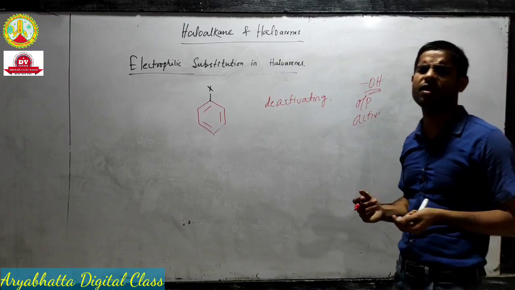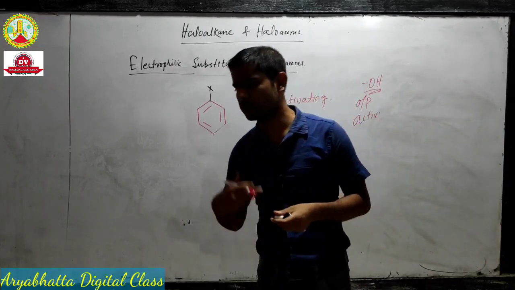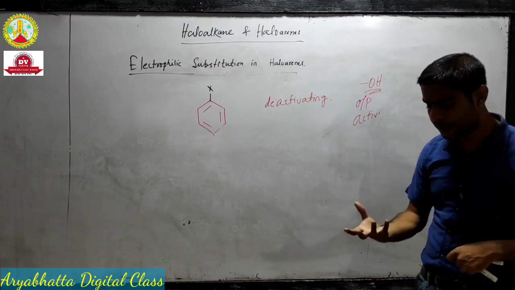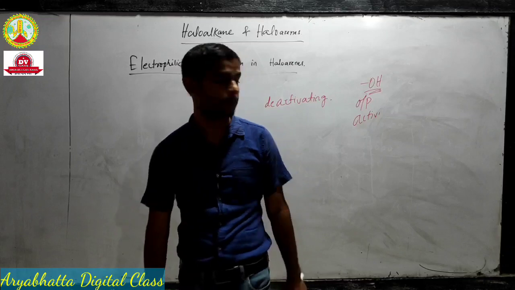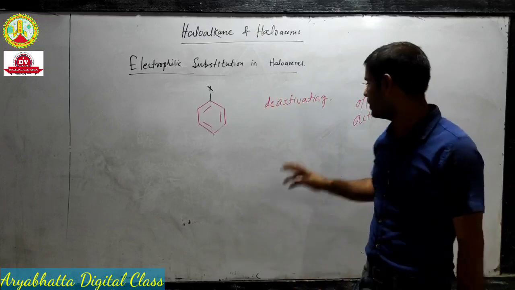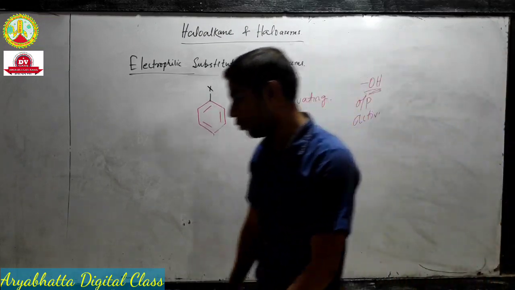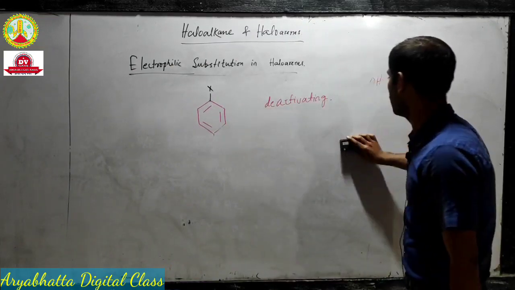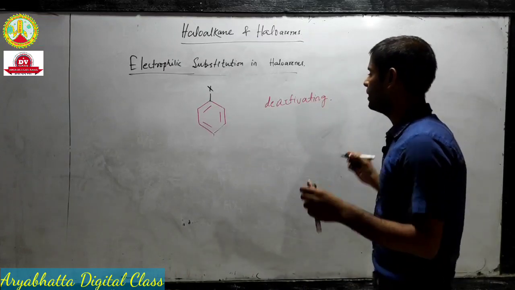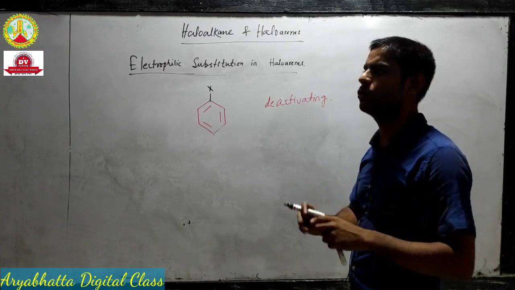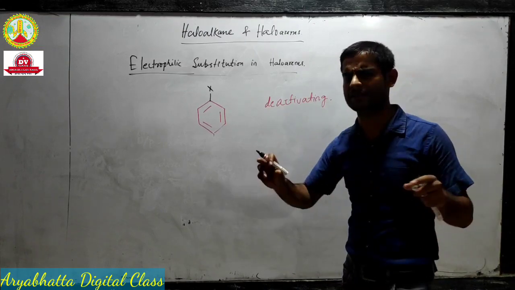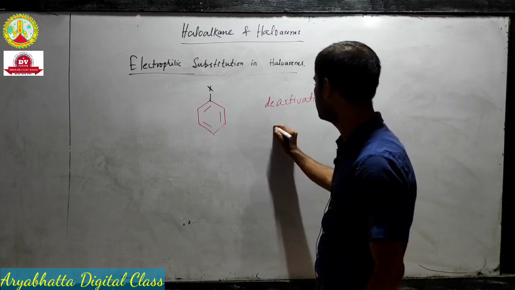And the same goes for alkyl, and for alkoxy. All these groups are ortho-para directive as well as activating. But halogen, though it is ortho-para directive, is deactivating. Now why is halogen ortho-para directive but deactivating? I will write down the reason in short. You can prepare your notes, or you can answer the questions by constructing a sentence using the reason.